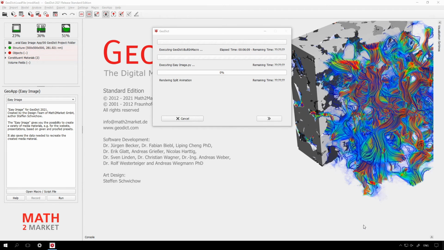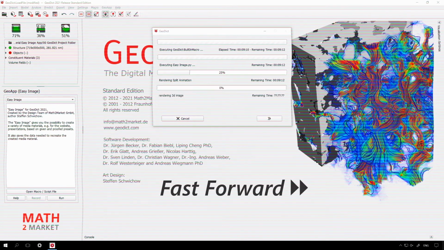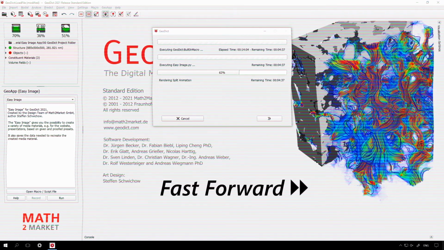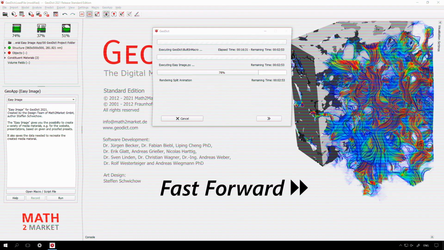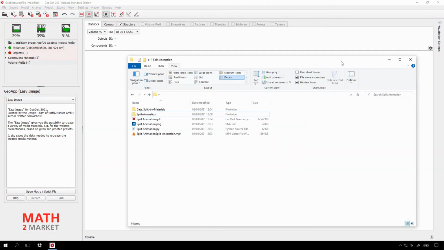The video is now generated. Depending on the visualization settings and the resolution of the microstructure, this may take some time. We will fast forward and look at the result. Geodict has now finished the video and we have a look in the result folder. Here we find the video,